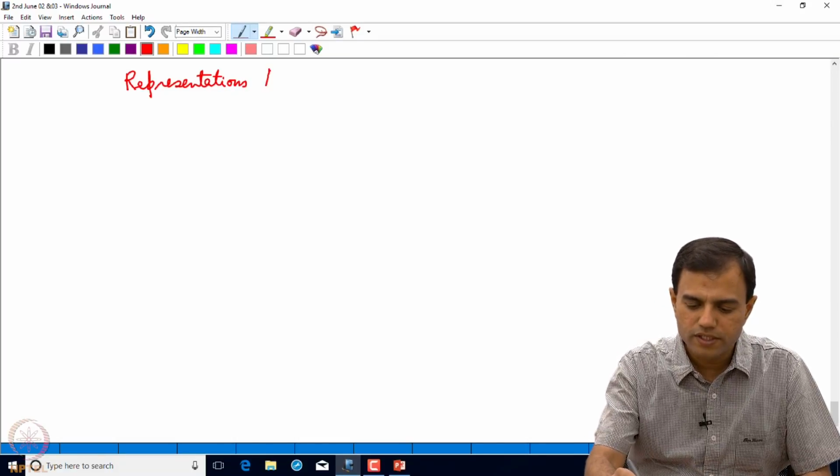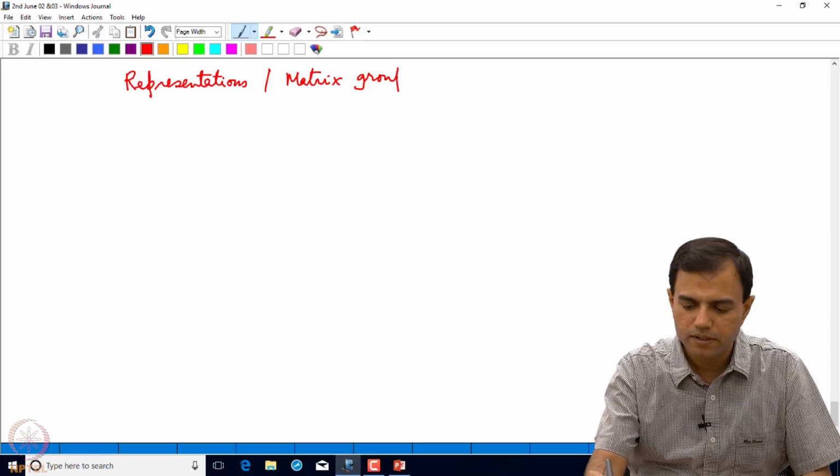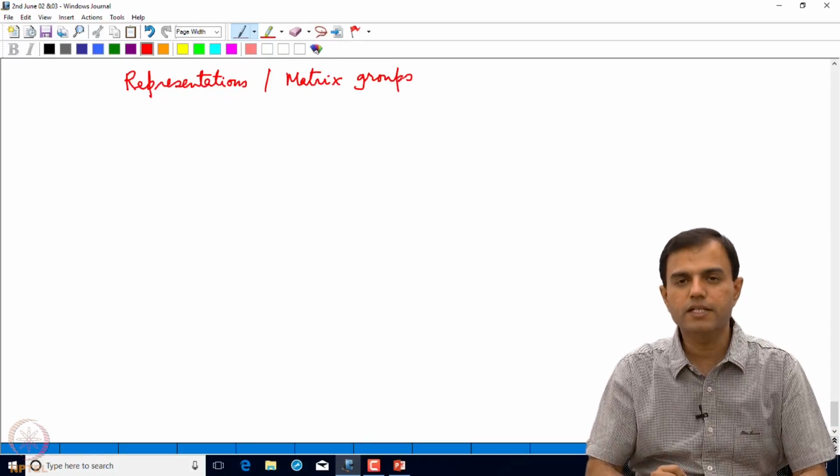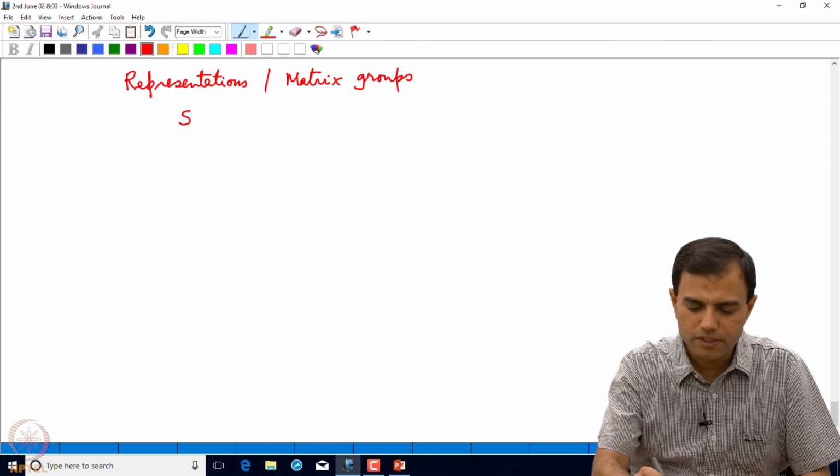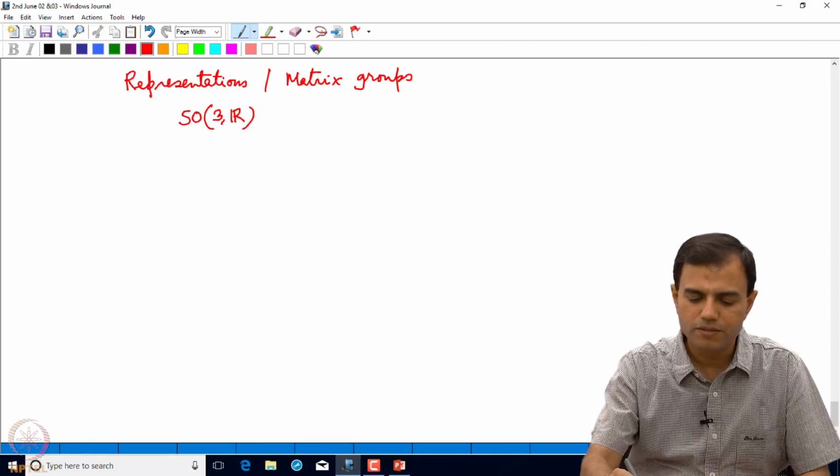We also saw certain matrix groups last time, and one of the matrix groups that I promised I would discuss today is SO3(R),